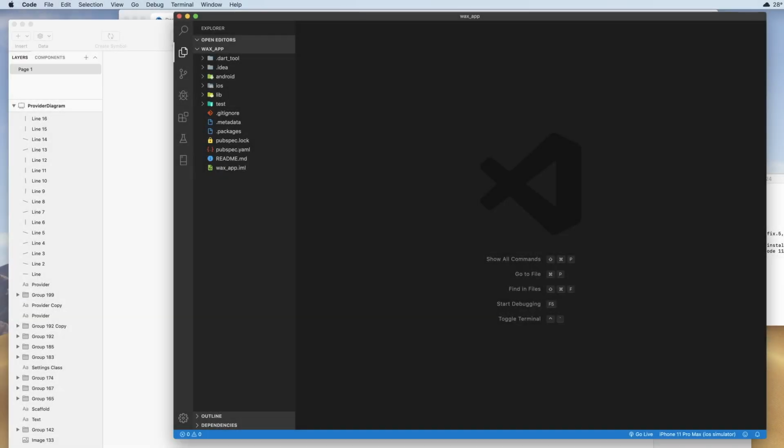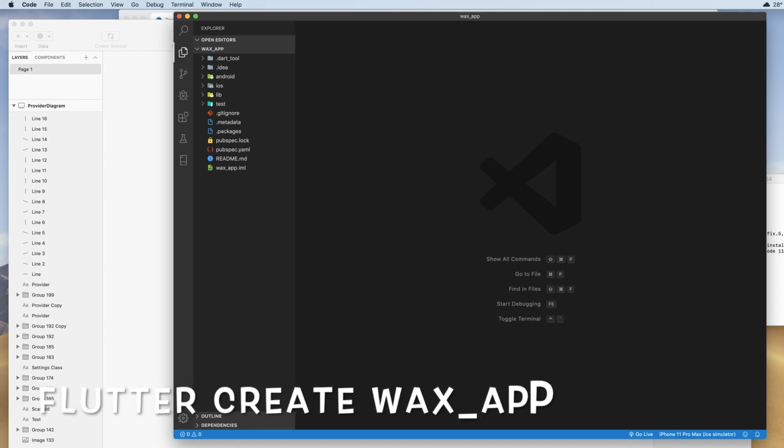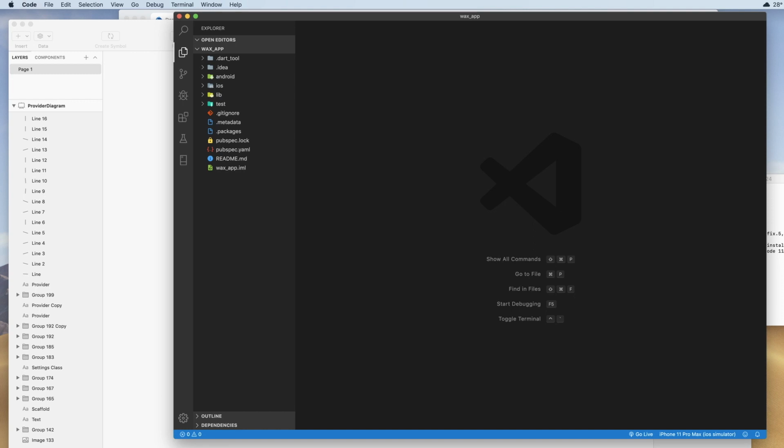Okay, and so in thinking of an app that might work for this entire series, I came up with kind of a goofy one, and I've created it. It's called wax_app. I created it by typing flutter create wax_app. And I'm a Nordic skier. Every time I go to a Nordic ski center, everybody's talking about the conditions and the kind of wax that they used. And so this app is going to have a home page that streams this information as if people are inputting it into their own app, and it's streaming to me the temperature out there and what kind of